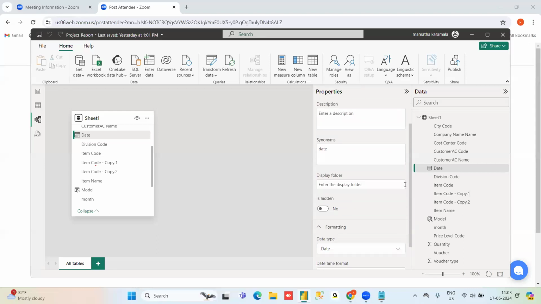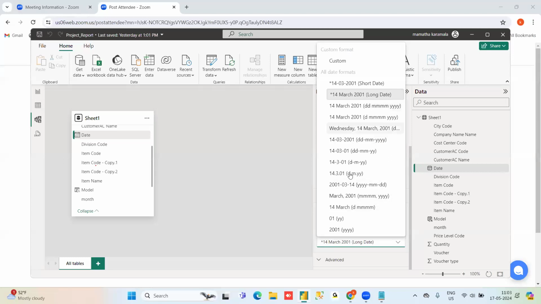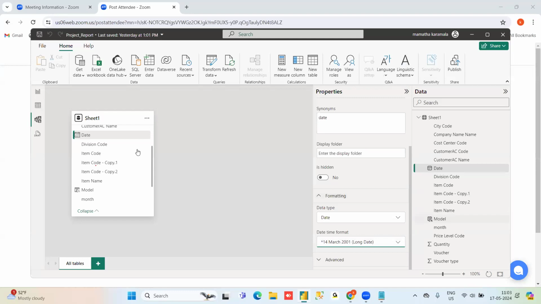This is not only one place. You can change in multiple places. For the time being, I am just explaining this one. I want to do this formatting. Date format, how I want. Just click here, and the format I want, not this format. I want DDMMYY. I'm just choosing this format. If you look in the report tab, this formatting will be changed.